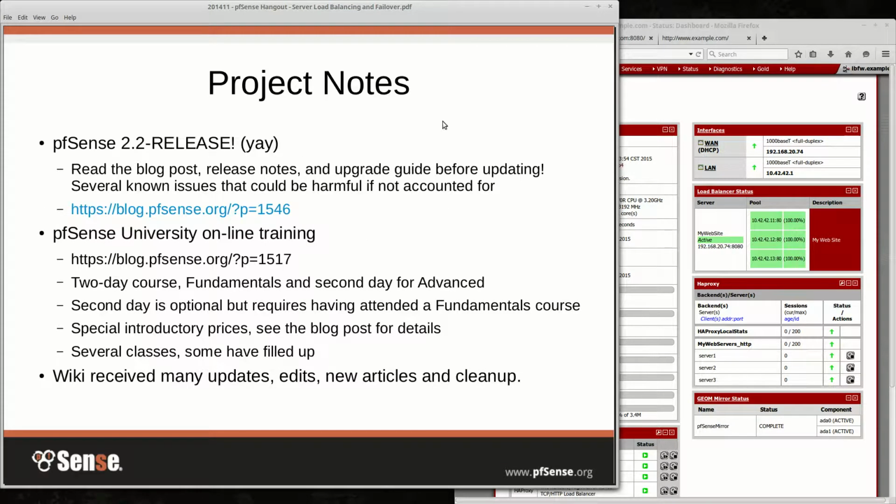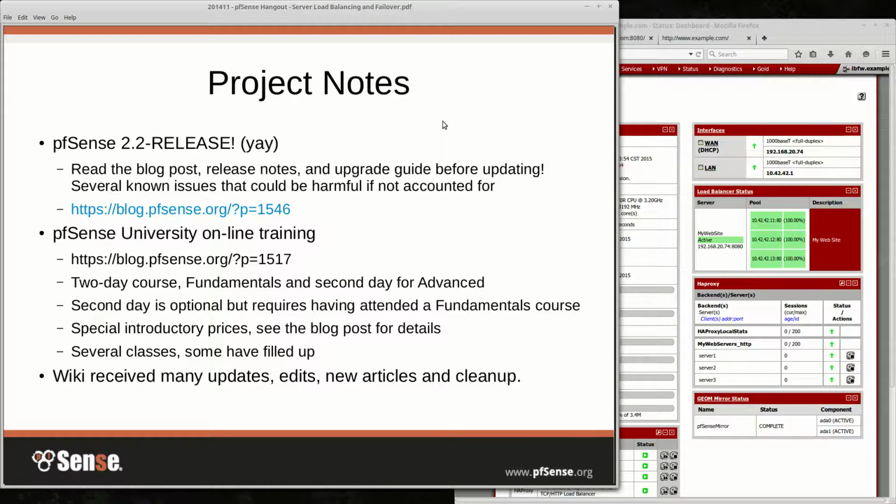All right, first up, a few notes about the project. Unless you've been living under a rock, you probably know that we've released pfSense 2.2. Now, there have been some issues with it that impact a few people. Be very sure that if you're going to upgrade, you read the blog post, release notes, and the upgrade guide. Basically, do your homework to make sure that none of the issues are going to affect you.